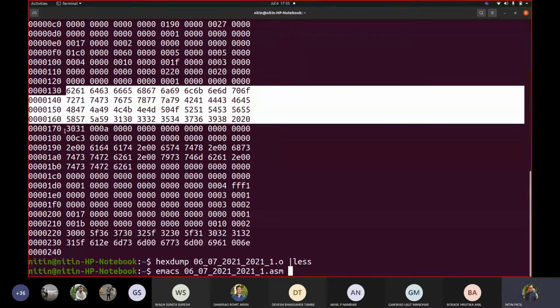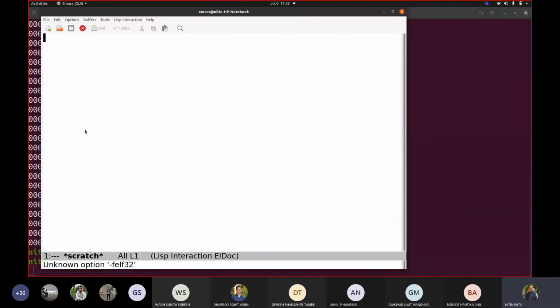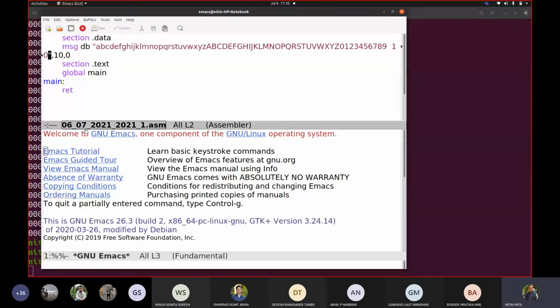Okay, and then we have this 30 and 31. So 66. So let us try to translate this. Sorry. What I wanted to change, I want to remove that 10 and 0, because we want to see what is the size.